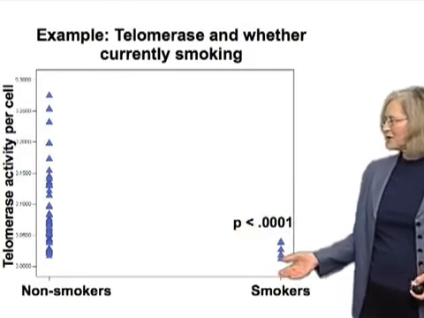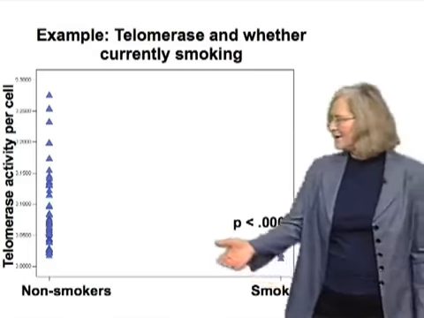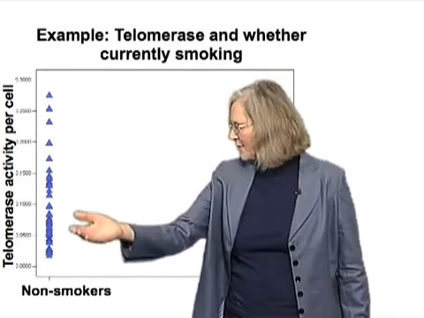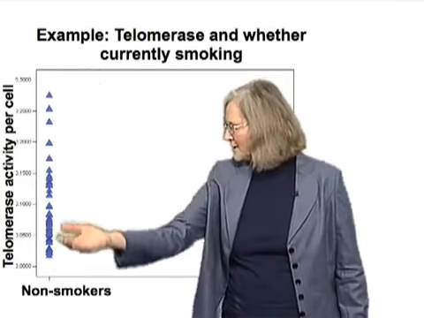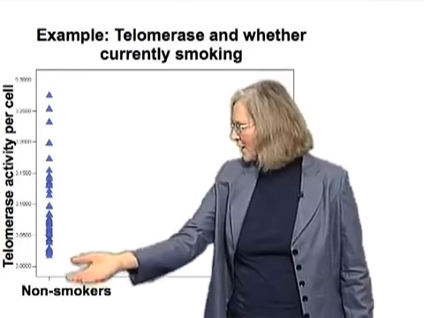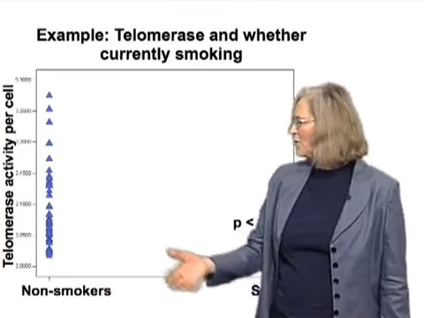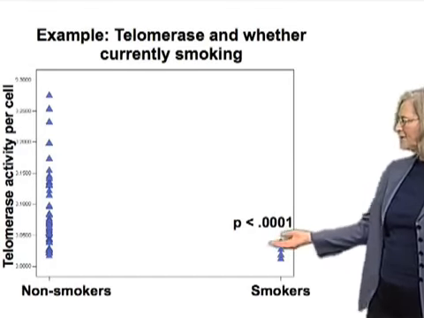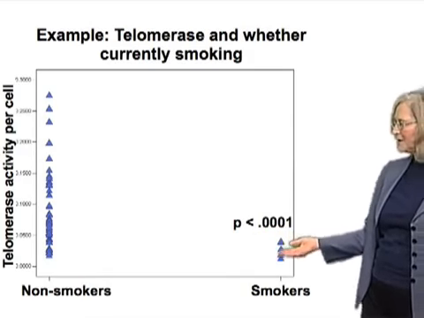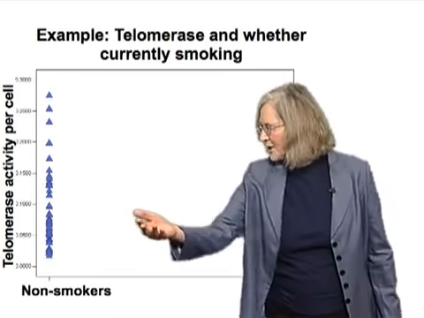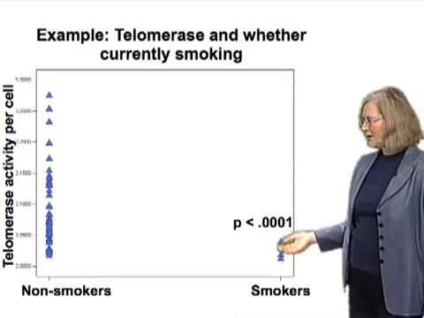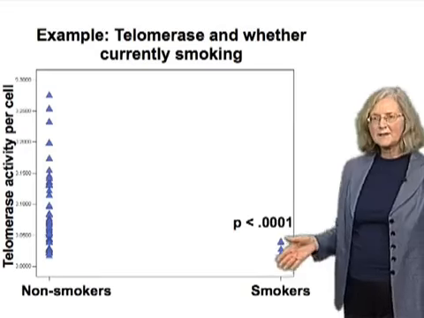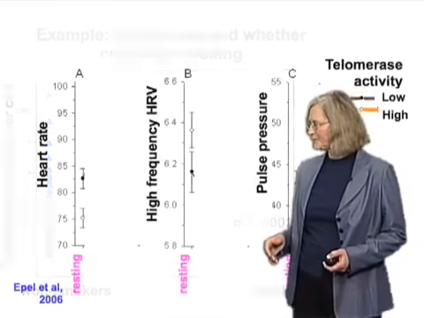So just to show you for smoking, here is the range of telomerase activity per cell in the white blood cells for the non-smokers. You see it follows a broad distribution. In fact, this is a log normal distribution for the whole group. Here are the smokers. They're all very, very low in telomerase. In fact, the p-value, the probability that this would be observed just by chance, is very, very low. So telomerase was very low in the smokers. There is no causality implied here. This is just the association.